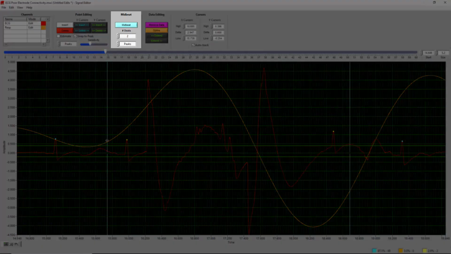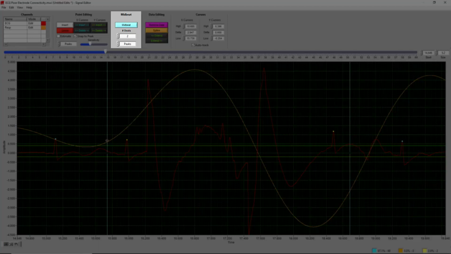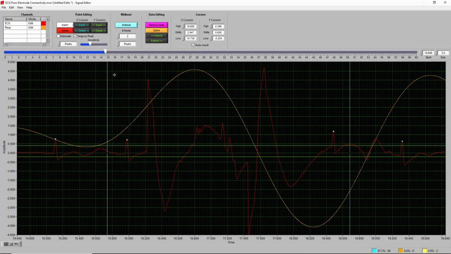Notice that the midbeat button is now enabled in the toolbar. The editor has also estimated, based on the average beat-to-beat timing in the file, that two R peaks should be estimated. Press the midbeat button to estimate the location of the R peaks. The peaks will turn blue to indicate restoration of expected beat-to-beat timing, and the estimated beat will be marked with